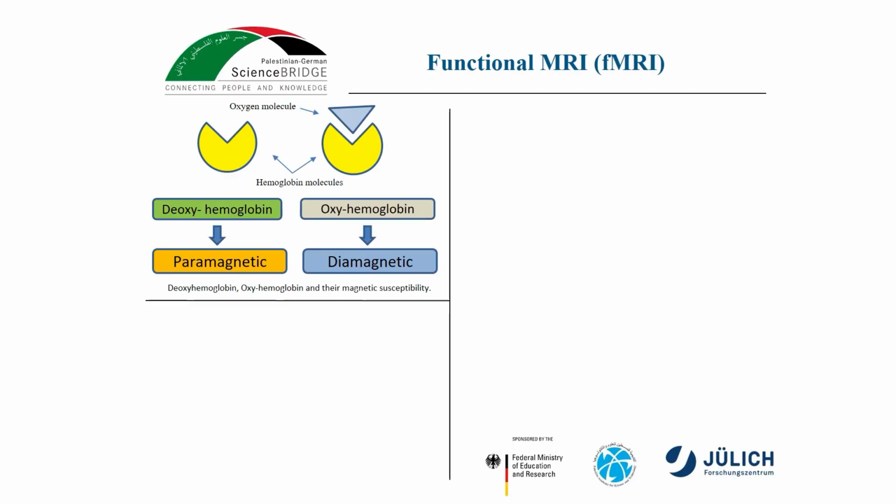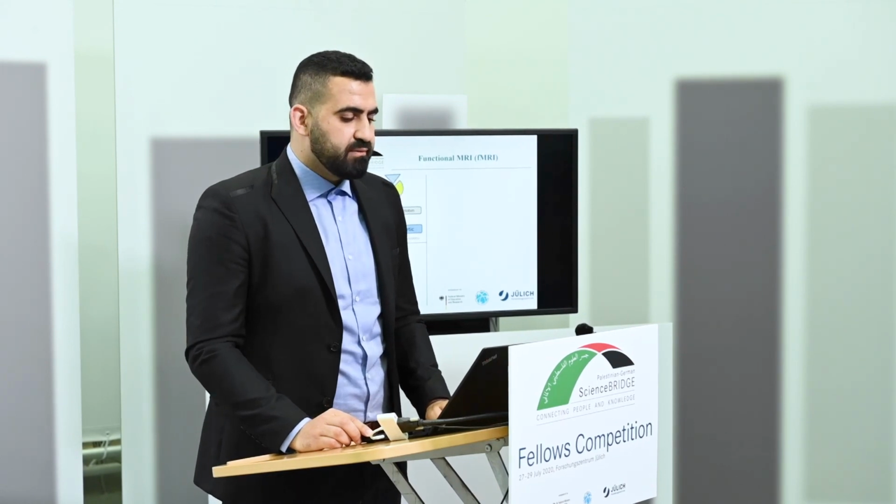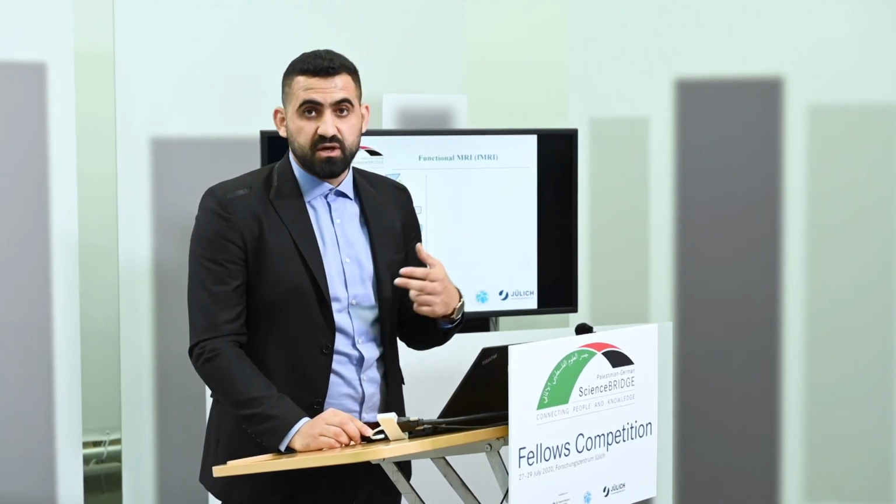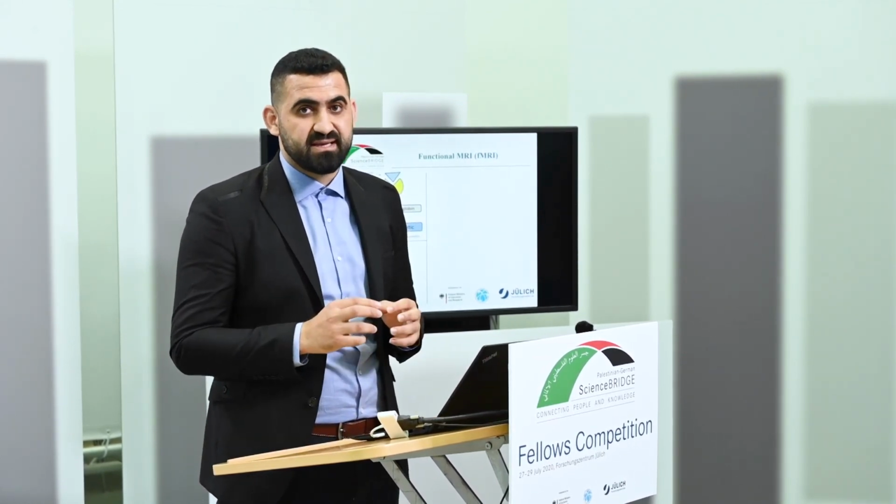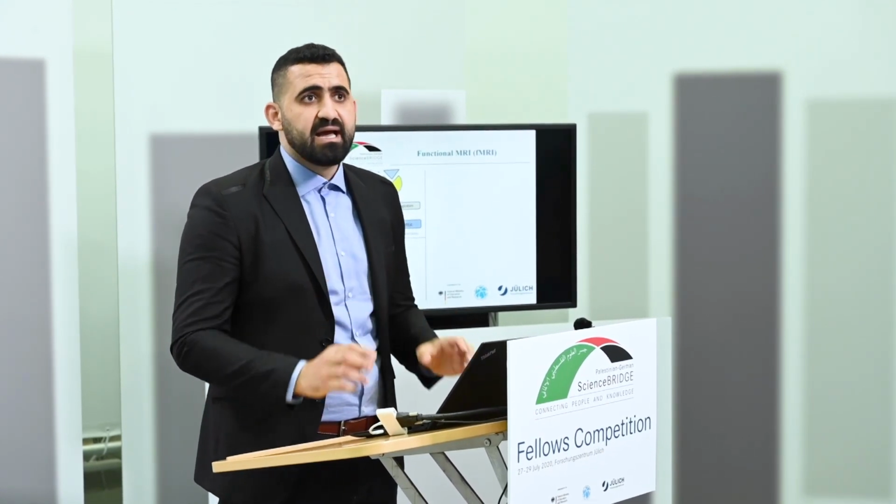Here, as we can see in the picture, the binding of the oxygen molecule to the hemoglobin molecule is called oxyhemoglobin, and it has diamagnetic properties, while the free hemoglobin molecule, without the oxygen molecule, is called deoxyhemoglobin, and it has a paramagnetic property. So these two, deoxy and oxyhemoglobin, have a different magnetic susceptibility,